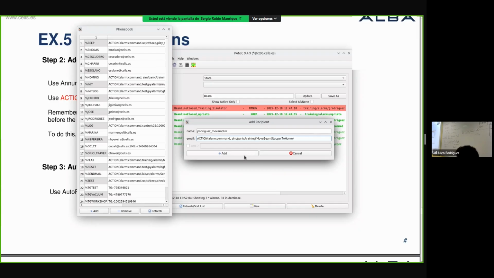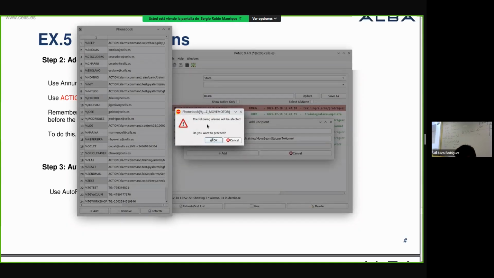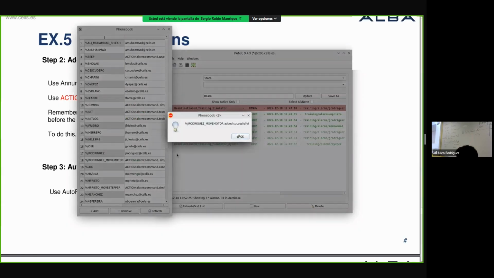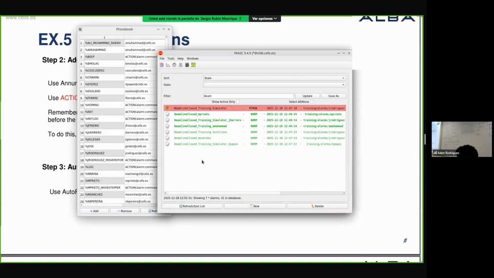And if you add this, the following alarm will be affected. Okay, perfect. So Julian Rodriguez move motor added successfully. We have this action in our phone book. So now if I go to my alarm,